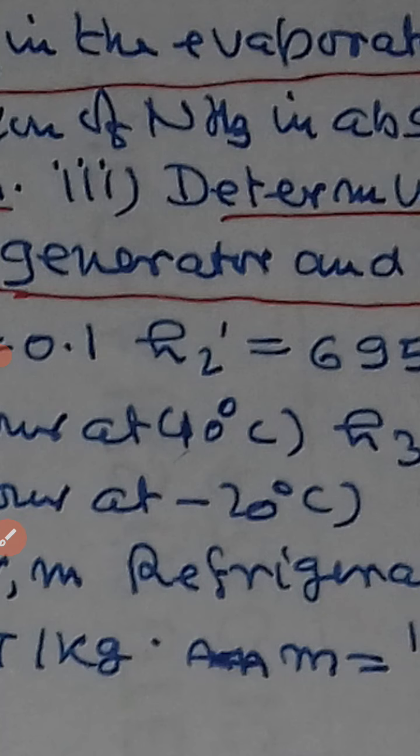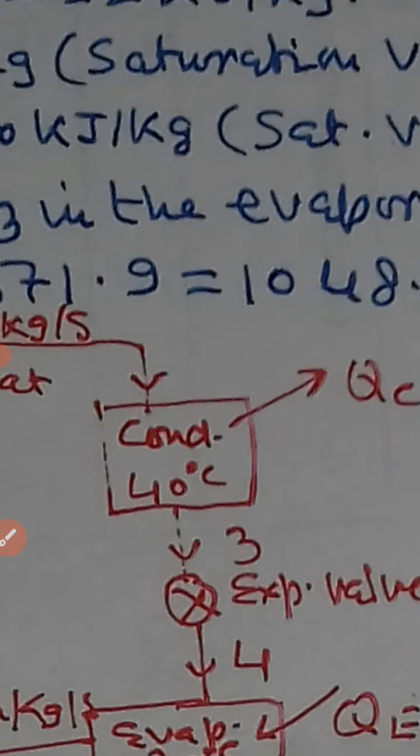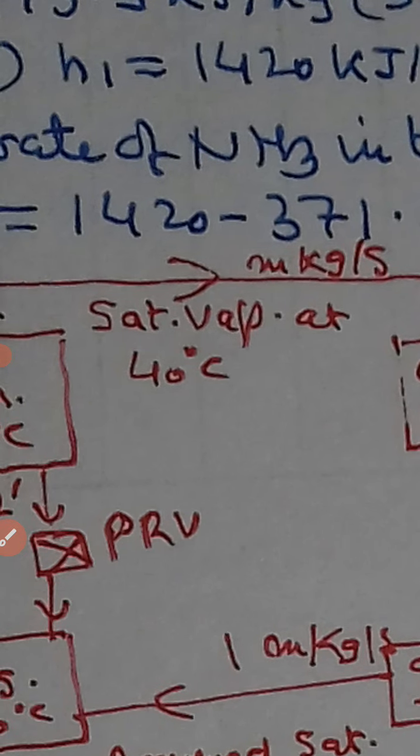Okay, this was the first part which we have found out. Now I will explain the sketch. This is very important, you should understand it. There are 4 parts in the sketch. First one is the generator, then condenser, then evaporator, and then absorber. These all vessels are connected with one another. Temperatures have been mentioned. Every container, every content has a separate temperature.